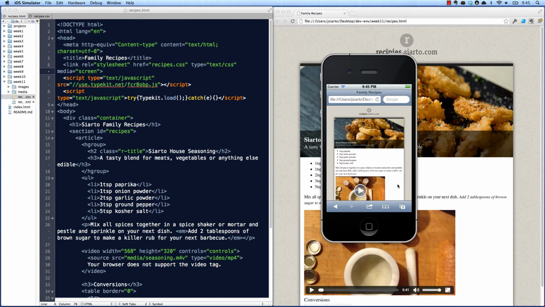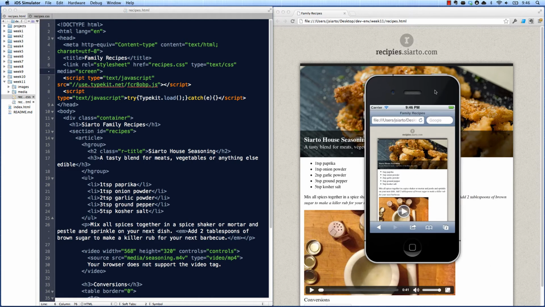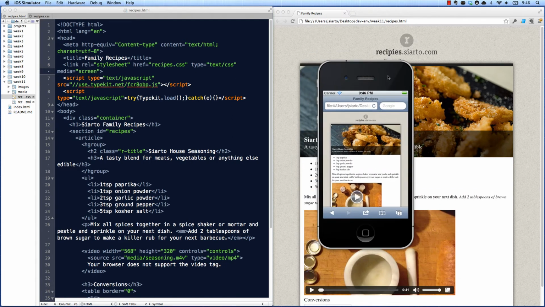In fact, with just a few lines of CSS and using our media queries, which we started to look at last week, we can make this site much, much better looking on our mobile device, and even expand further and look at iPads and things like that. So let's see what we have to do to make this look good on the mobile device. The first and most important thing that we have to do, before we even get into any CSS,